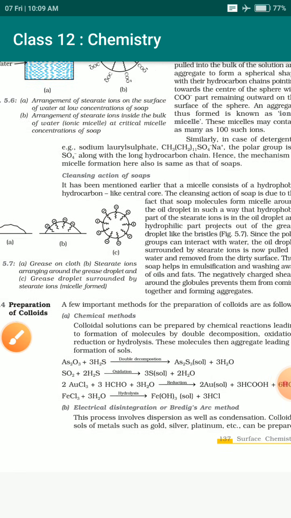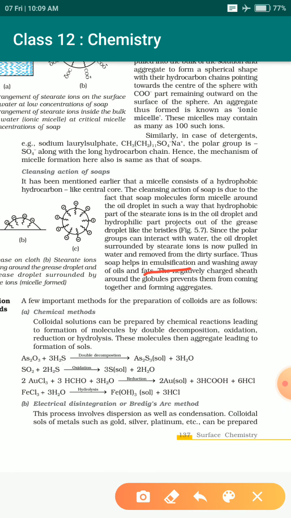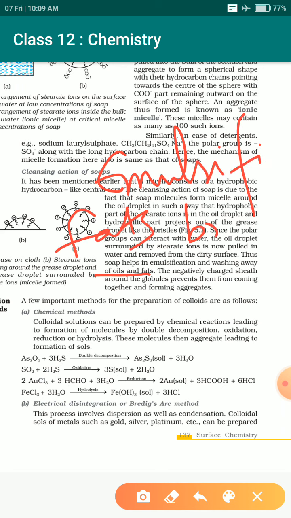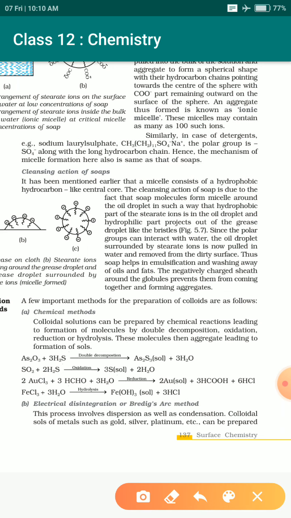Okay, so in that way we can say soaps are very helpful for the emulsification of oil and fat. Emulsification, I believe that you have studied, is the breaking of fat molecules. The fat breaking process is known as emulsification, which regularly happens inside our body actually. So soap helps in the emulsification process to break the fat content over the clothes, or to break the oil content or particles present over our clothes. The soaps are very useful, and they do it with the help of micellar formation.